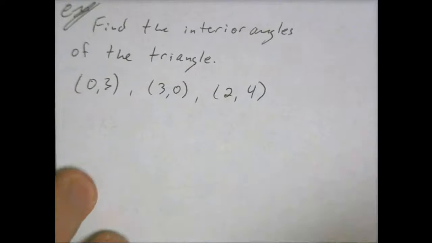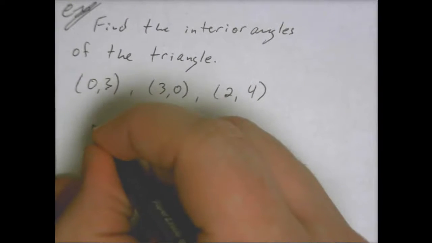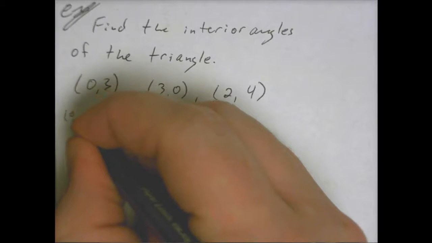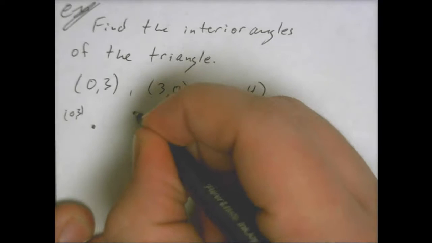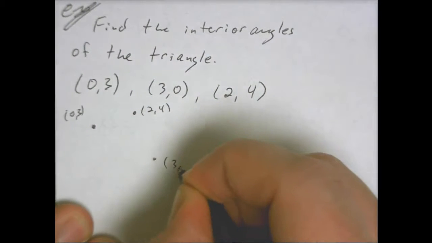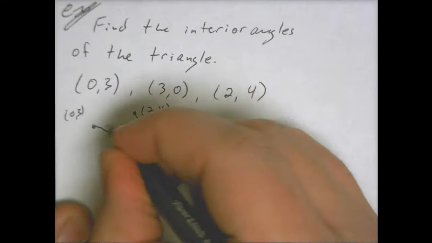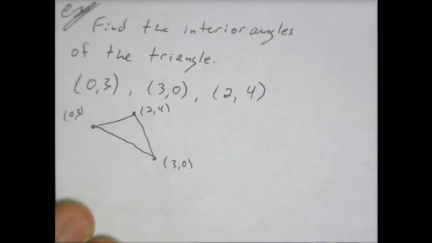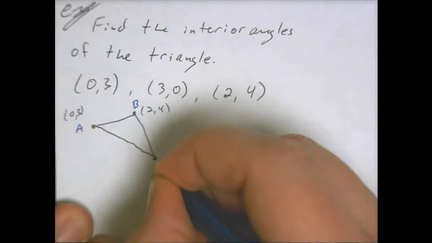Okay, here we go. I'm going to show you guys the other way of doing this one now. So I'm going to go ahead and draw my triangle. So 0, 3, say it'll be somewhere over here. So 0, 3, 2, 4, over 2, up 4, 2, 4, and 3, 0. All right, triangle. I'm going to define these as A, B, and C just to make my life a